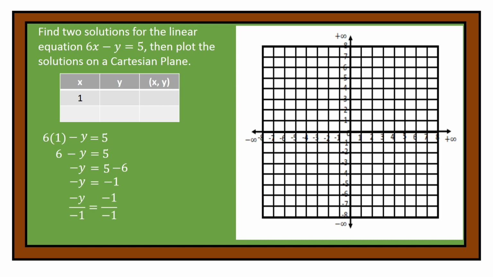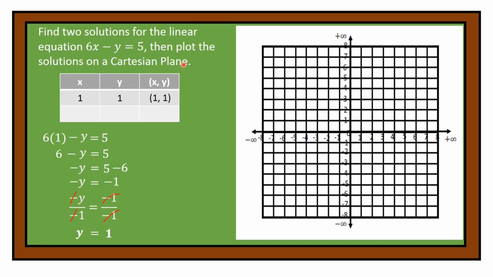And since we have here negative, we're going to divide both sides by negative 1. Since we divide by negative 1, we're going to cancel now here the negative signs. So cancel these two. Therefore, our final answer is y equals 1. So if x is equal to 1, the value of y is equal to 1. And our ordered pair or solution in the given equation is positive 1, positive 1.